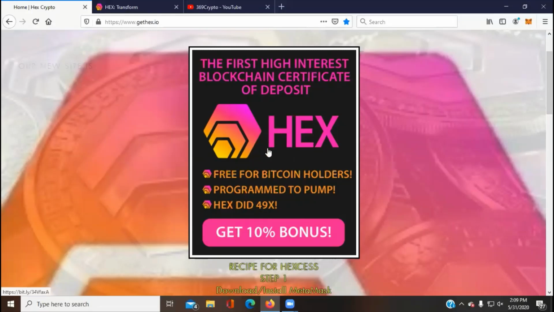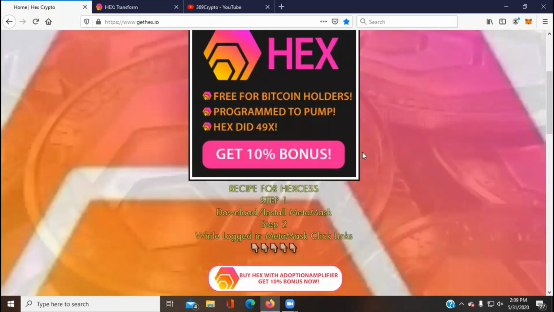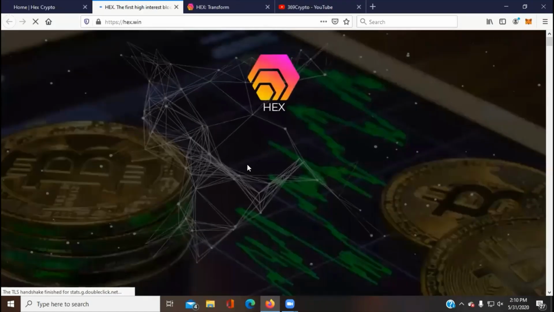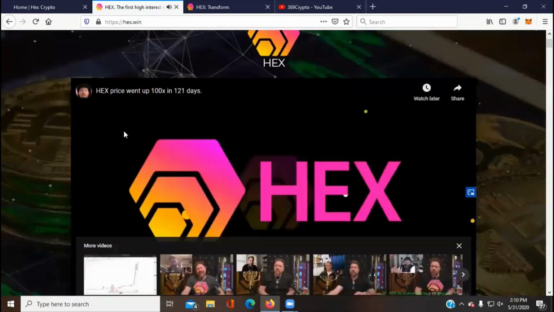Anywho, this first tab right here, this picture, will take you to the same place as that buy HEX button with a 10% bonus with the adoption amplifier, or free claim your HEX with a Bitcoin wallet address. But if you press on this here, it will take you to the next page, which is the hex.win homepage. I'm going to pause this video real quick. Hex.win